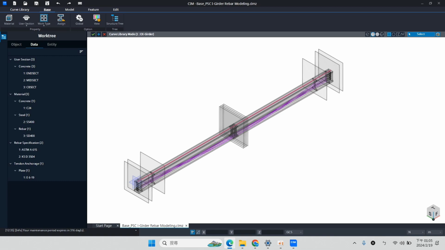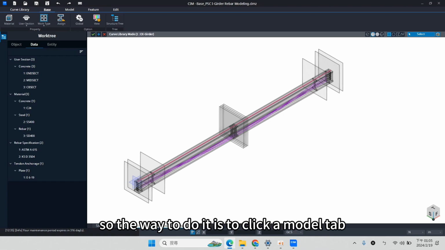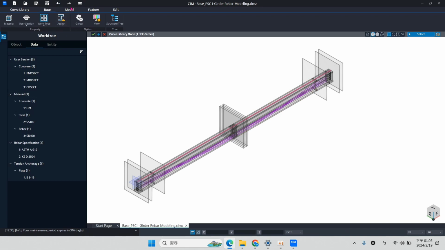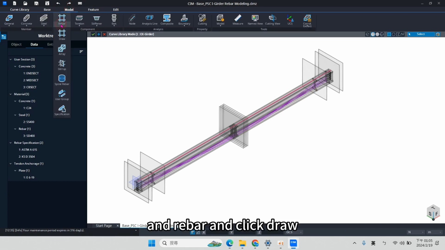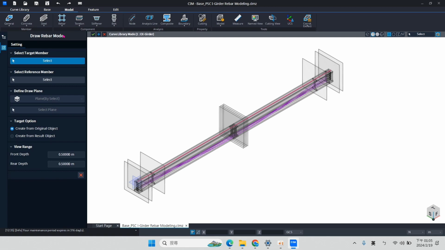Okay. So the way to do it is to click on Model and Rebar and click Draw. And then to create the rebar, you first have to select a target member first.